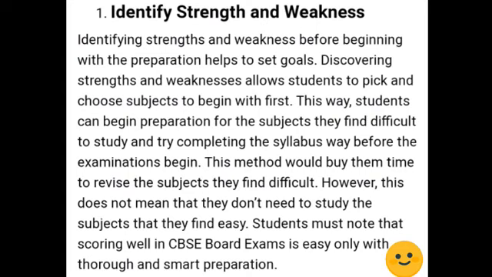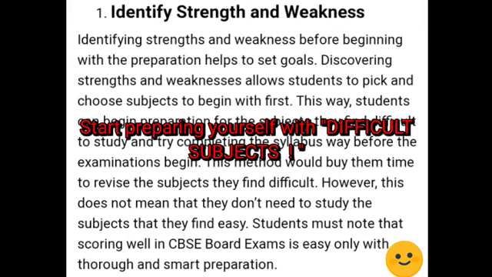It's not that for every student physics is difficult and for every student Hindi is easy, right? So it depends upon you. According to yourself, you must decide in which subject you feel difficulty and in which you don't, right? So you must start preparing with the difficult subjects so that when you have more time left, आप उस डिफ़िकल्ट सब्जेक्ट को अच्छे से कवर कर सको, राइट? And the easy subject, according to you, you can easily revise later as well.